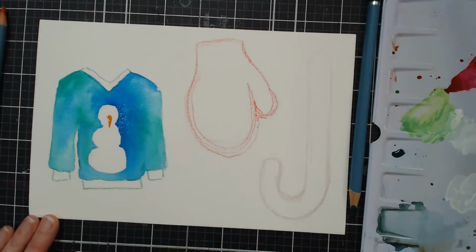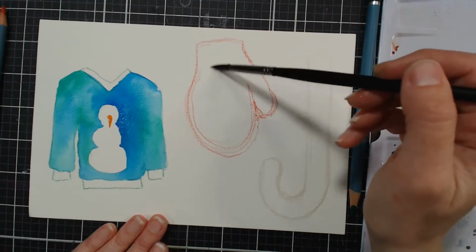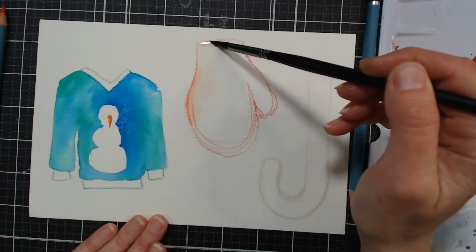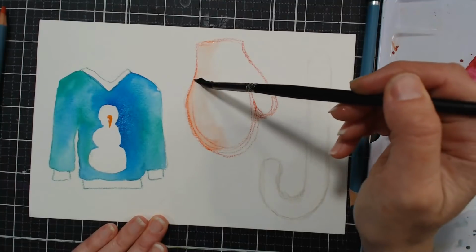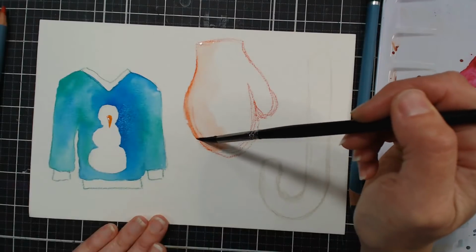All right, so we'll let that dry. And we're going to go over to our mitten. This is the bee paper. I snuck a peek at the chat. Yes, this is the bee paper, but I haven't seen it sold in quite a while. So that's one of the reasons why it's in my to use up pile. Because I just had the tail end of a pack and I'm like, well, I'm just going to use this up because